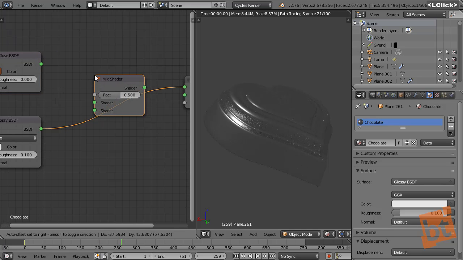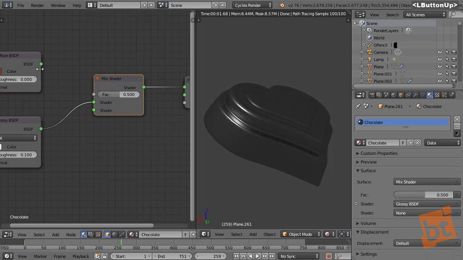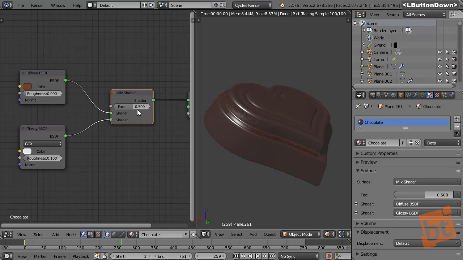The typical way is just to add a mix shader here and connect these two shaders right here. And you can see how if we just move the factor, it works differently. All right. This would be nice, but what happens when I add some reflections, it takes away from the diffuse